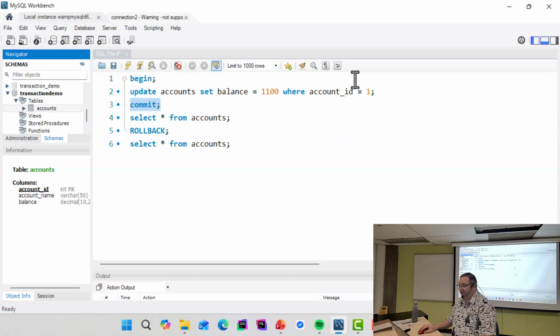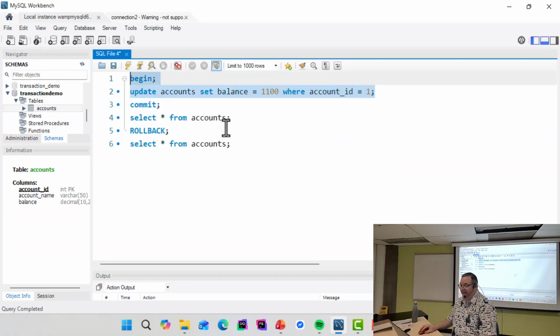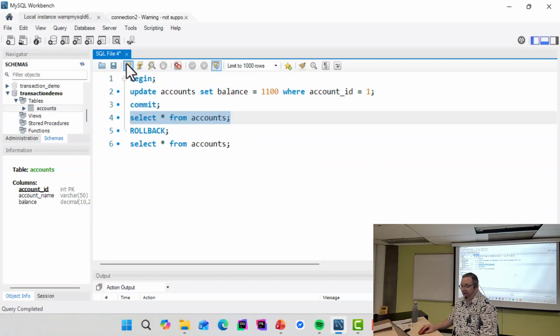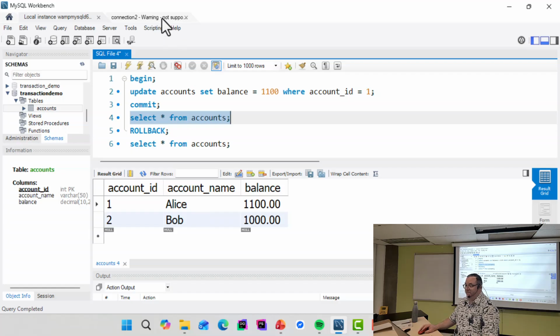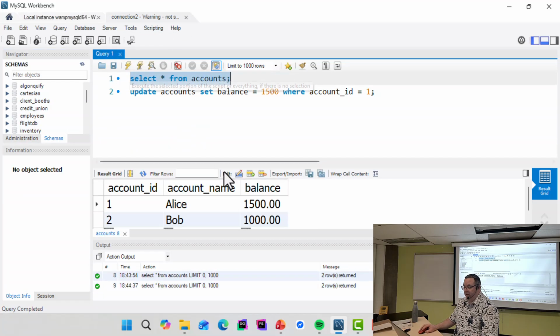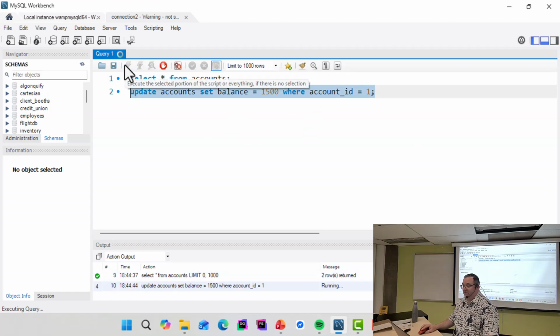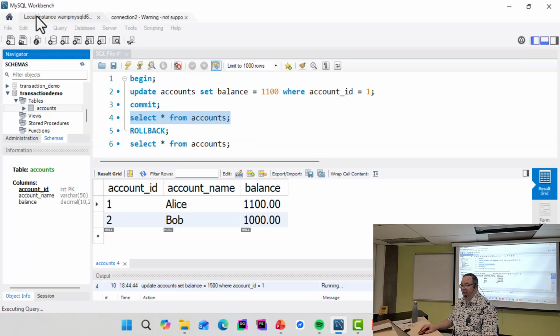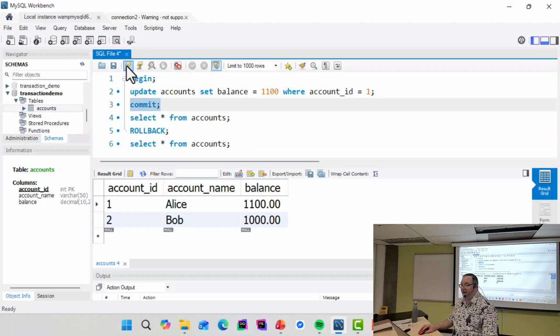Okay, let me start this again. So I go begin 1100. And you can see right now that it's 1100, right? And if I go here, it's still 1500 because it's happening in the other connection. Okay? I'm going to start this command. Notice it's running, but not completing. The moment I commit,